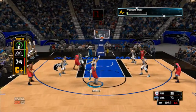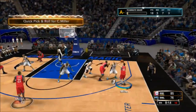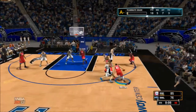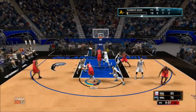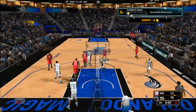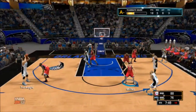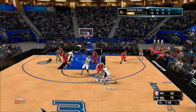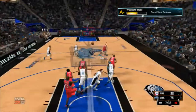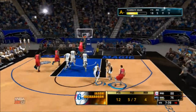Miller outside. Over Nelson. Miller, Richardson. Back to Miller. Bynum sets a screen for Miller. The kick out to Young. And they wasted no time getting those 3 points back. And the 76ers lead by... Passes to Nelson. Over Miller. No good. And the 76ers go the other way with it. 17 points was their biggest...